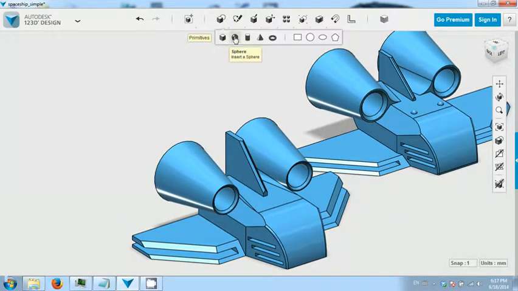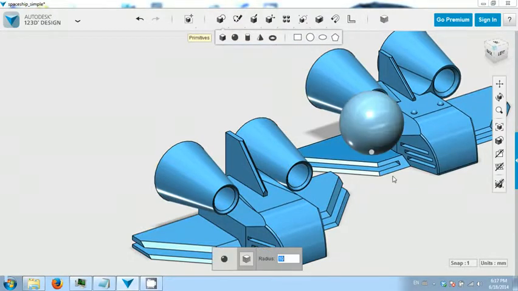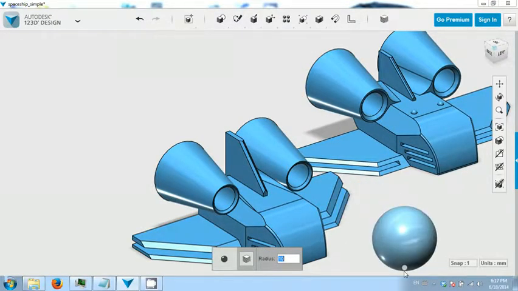Then let's put on some small spheres. So just click on sphere and give it a radius of 1. Then when you place it, instead of placing it on the grid here, which is hidden though, just click on the top of your spaceship on this face,